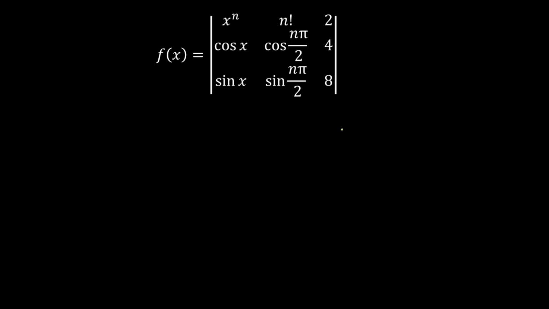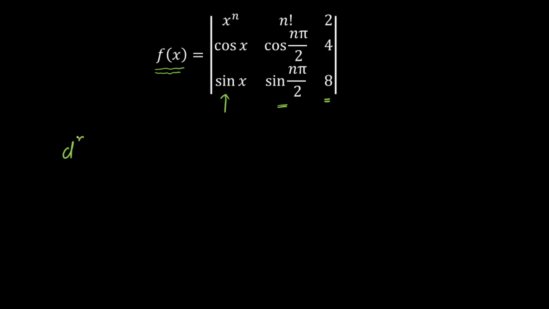Now in the previous slide, we have discussed the differentiation of f of x as well as the nth order differentiation of x raised to power of n, cos of x and sin of x. Now if I want to differentiate f of x one time, I'll be getting 3 determinants. Out of the 3 determinants, 2 will automatically become 0, because as soon as you differentiate the second column and third column, the entries will become 0, 0, 0 and 0, 0, 0. So the value of the determinant will be 0. That means I have to differentiate only the first column. If I differentiate twice, I have to differentiate column 1 twice. Similarly, if I differentiate n times, I have to differentiate column 1 n times.